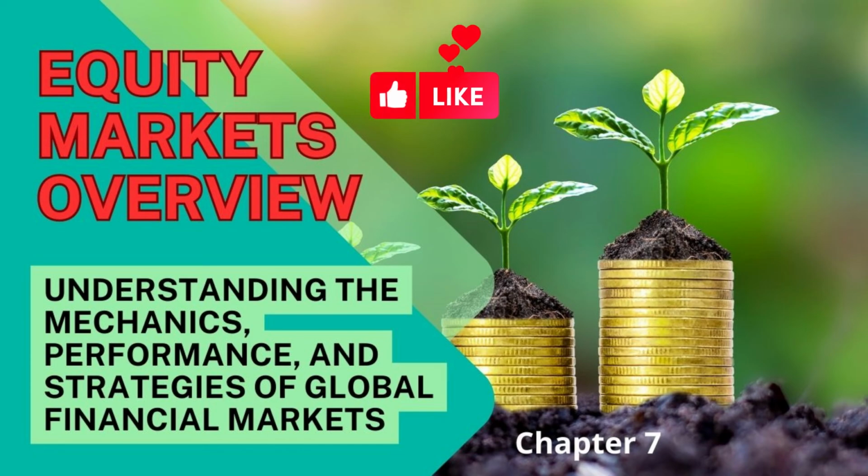Chapter 7: Equity Market Regulation. This chapter covers equity market regulation, including the role of government regulators, self-regulatory organizations, and international regulatory bodies. The chapter also covers recent regulatory developments, such as the Dodd-Frank Wall Street Reform and Consumer Protection Act. Equity market regulation plays a crucial role in maintaining the fairness, transparency, and stability of the equity market. In this chapter, we will explore some of the key equity market regulations that exist around the world.